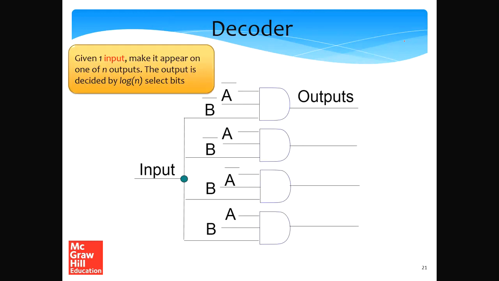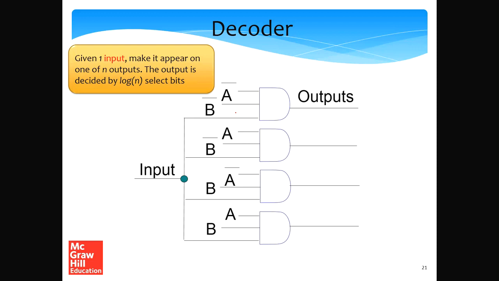Alright, so now let's look at another structure called a decoder. A decoder is very important. It is typically used in the design of on-chip memories. So in that sense, it's extremely crucial and vital to the design of processors. So what is a decoder? A decoder is also sometimes called a demultiplexer, but we'll use the word decoder in all our discussion.